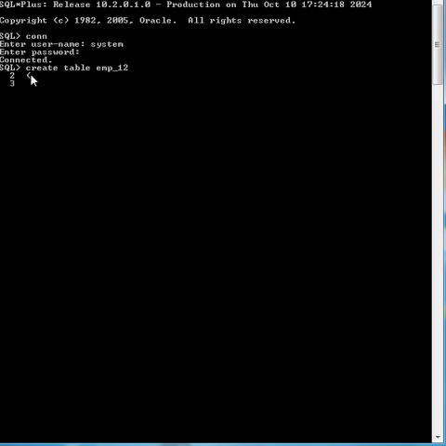Okay, suppose I want to create column emp number, and type is char. Give the size 10, comma ename varchar2 20, comma next column name salary.